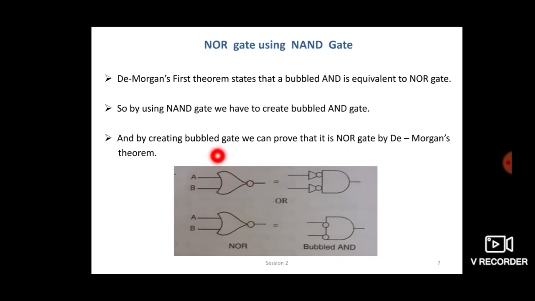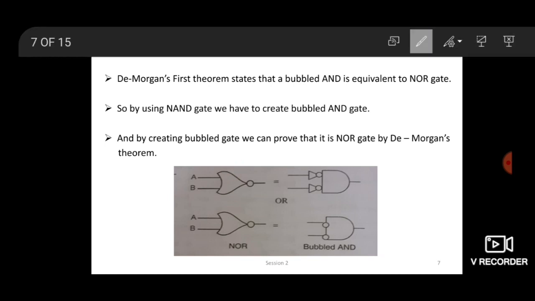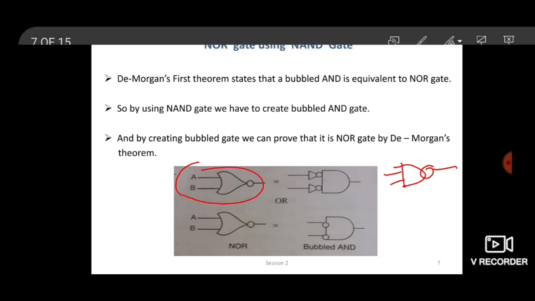This is the symbol of the NOR gate, and the NAND gate is totally different. The NOR gate has a plus sign, the NAND gate has a dot sign. Both the symbols and the Boolean equations are totally different. This is the NOR gate symbol and this is the NAND gate symbol.